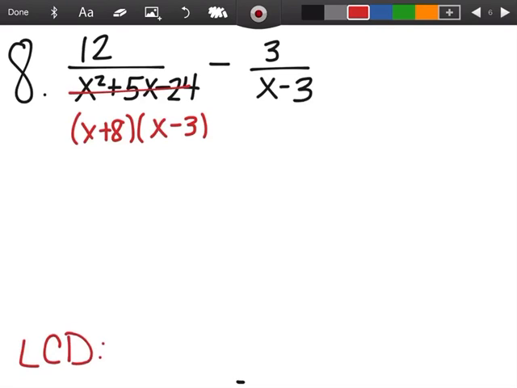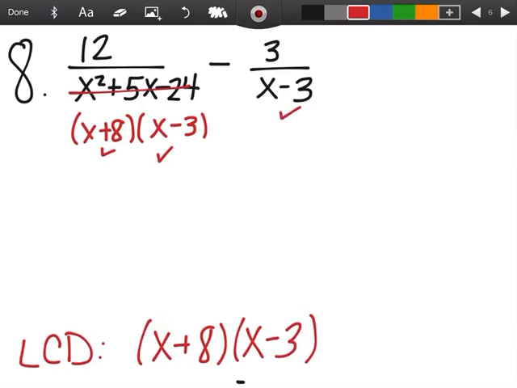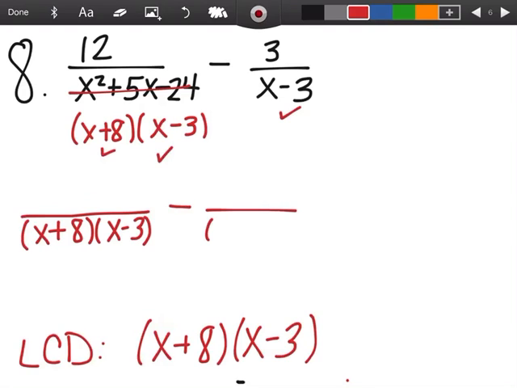When it comes to building the least common denominator, I need an x plus 8, and I need an x minus 3, and then the x minus 3 is already accounted for, so the least common denominator is x plus 8 times x minus 3. So that's what I'm going to rewrite each fraction as having a denominator of. Notice that this is subtraction, it stays subtraction, so x plus 8